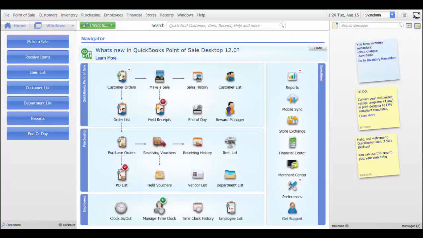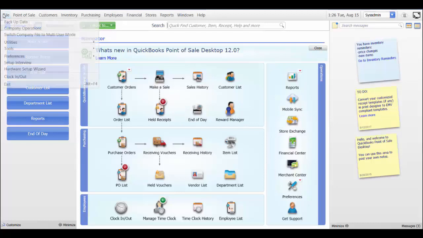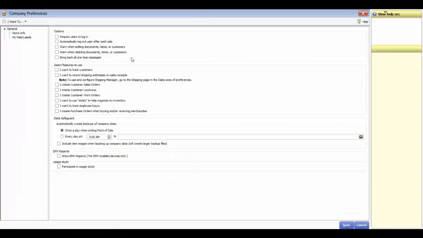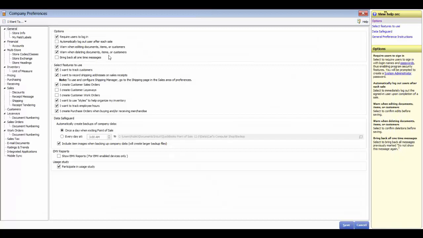In this section, we will talk about the general part of the company preferences. First, let's go to File, choose Preferences, and then Company. In the General section,